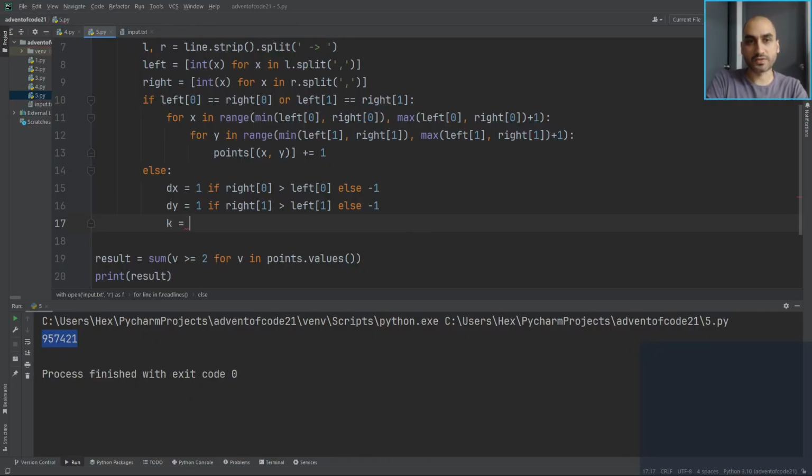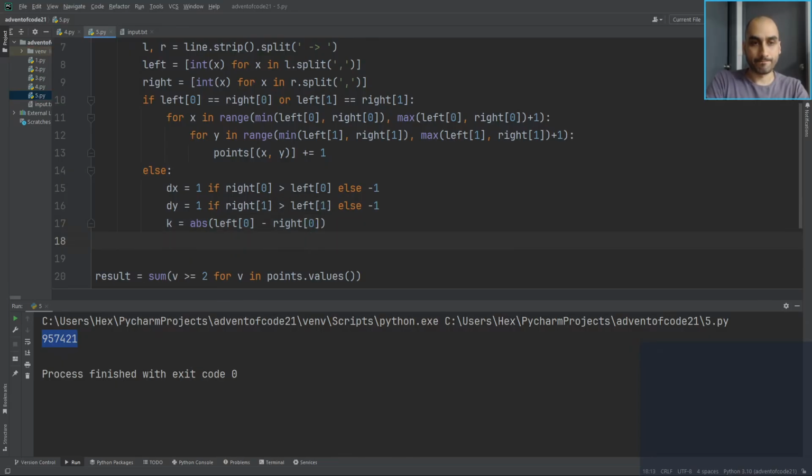So k equals... okay, and then we just do for z in range k,